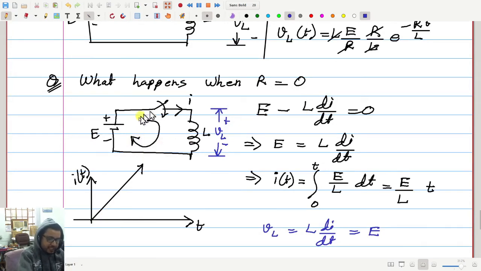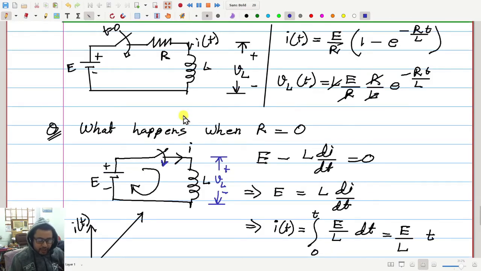It is dangerous in the sense that if you keep this switch closed for long enough, the current will become very high, and in fact resistance is not 0. There is of course some resistance in the wires. But if you keep it closed for a short time on purpose, and if you calculate how much time you can keep it closed, it may be okay, but do not keep it like this for a long time.